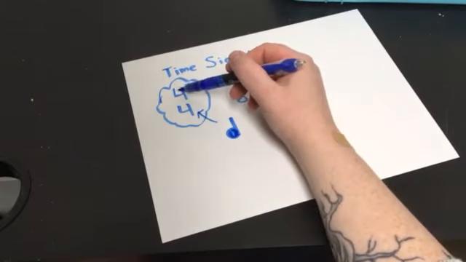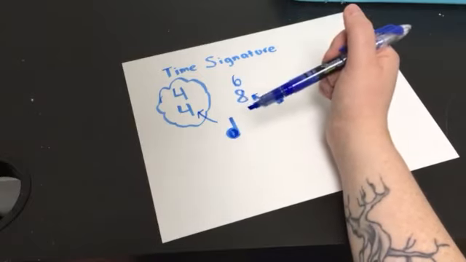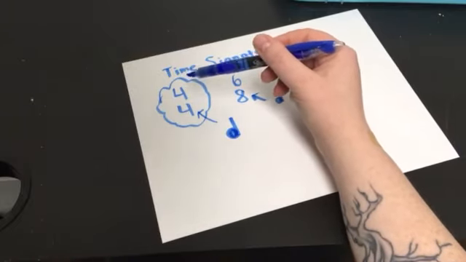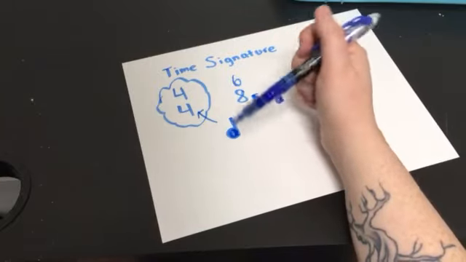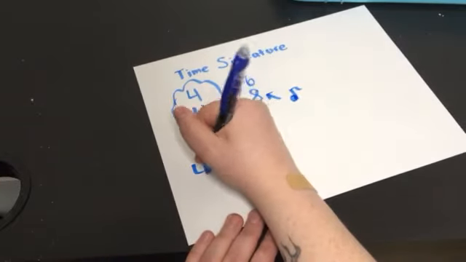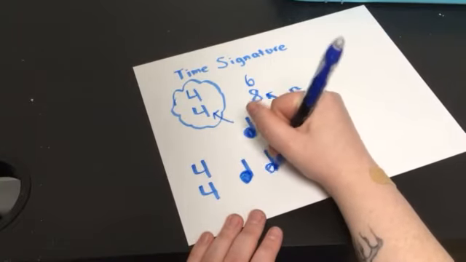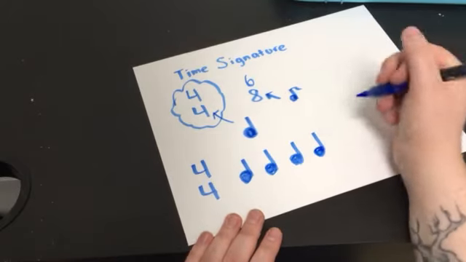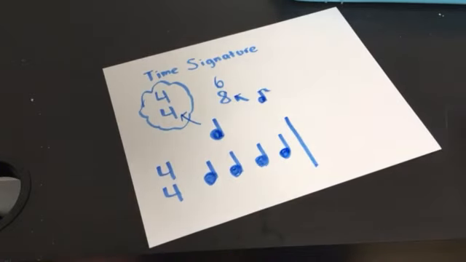The top number tells us how many of these quarter notes I can expect to see in something called a measure. So basically what that means, a measure is where I divide my beats, and that's just to make it A, easier to count, and B, easier to read. So we just do that every 4 beats. So as an example, if I have 4 time, I'd have 1, 2, 3, 4. Now that I've hit my number, I'm going to create something called a bar line, which is